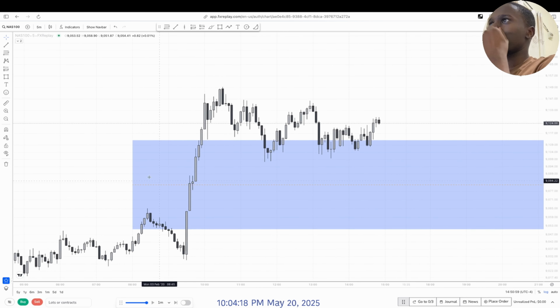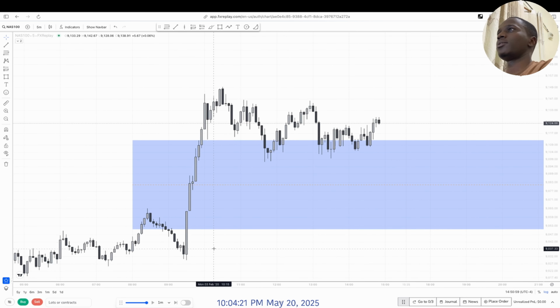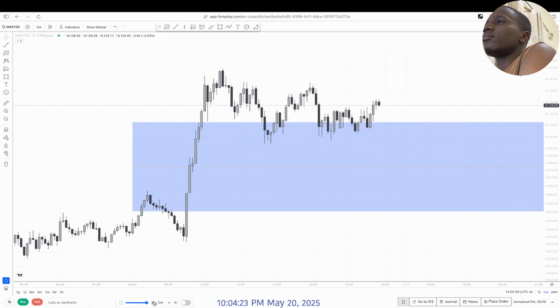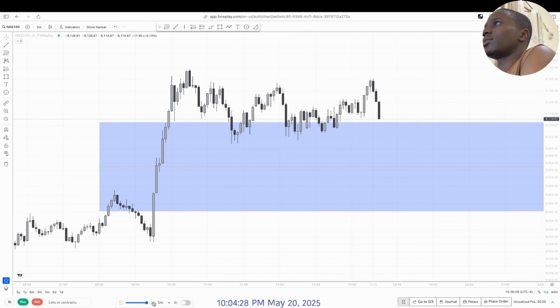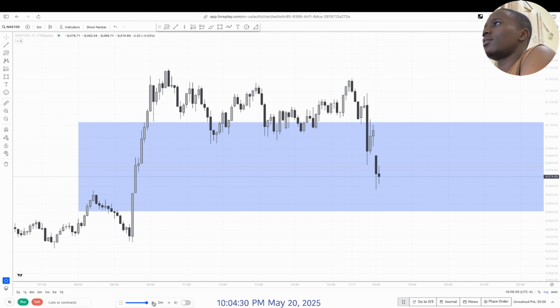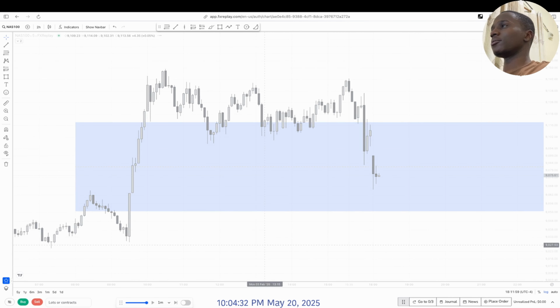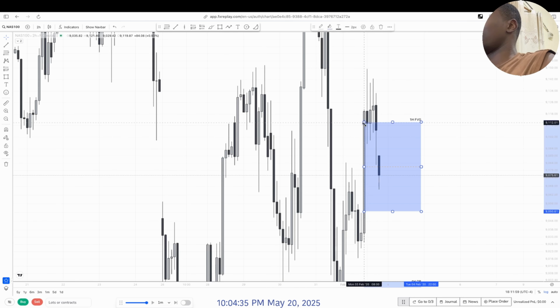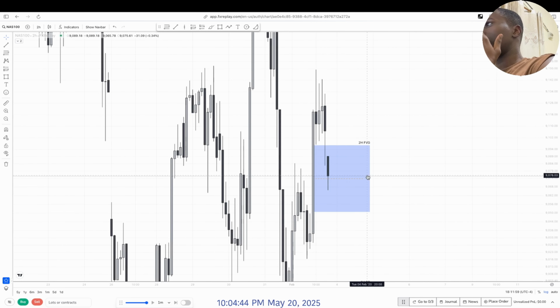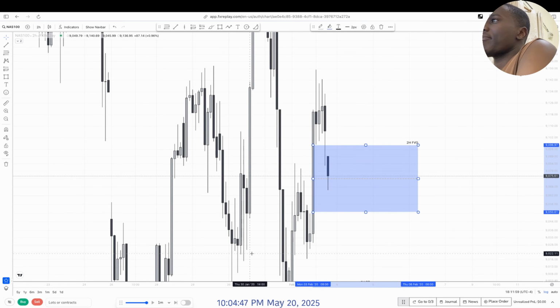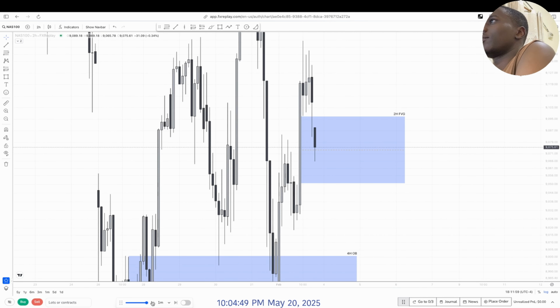Let's see if this 2 hour fair value gap holds. Okay, looks like the PM session is not giving a good vibe, and wow, maybe I was wrong all the time. We dropped into the 2 hour now, so I can mark this as a 2H, and we even reached the midpoint. Let's see how this day goes. So we start pushing higher.